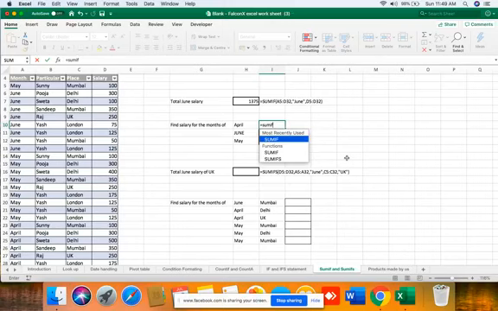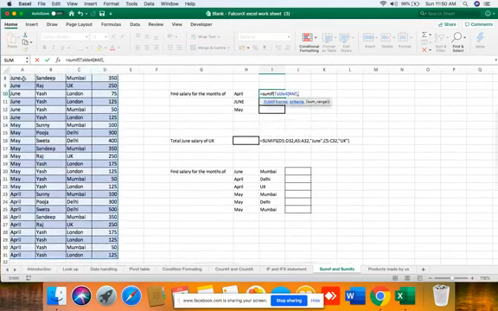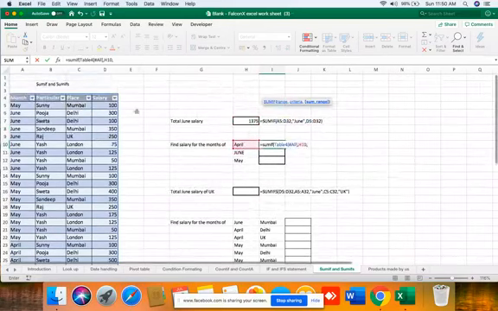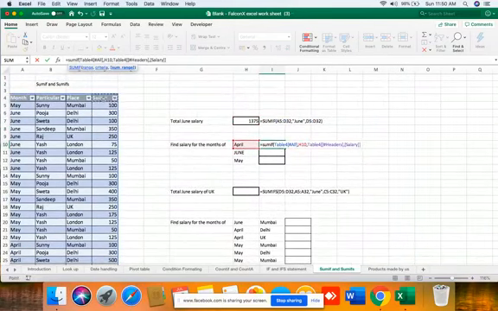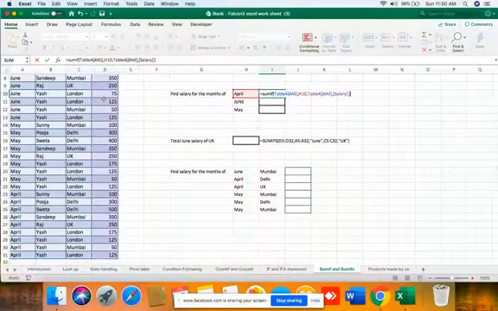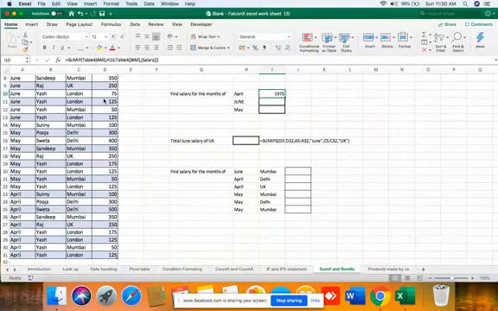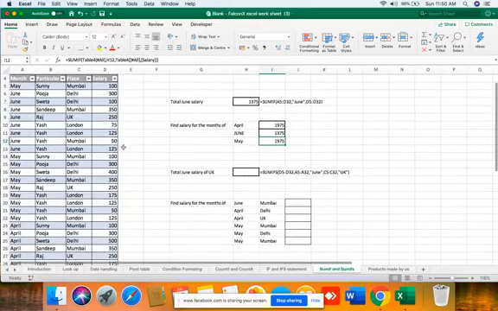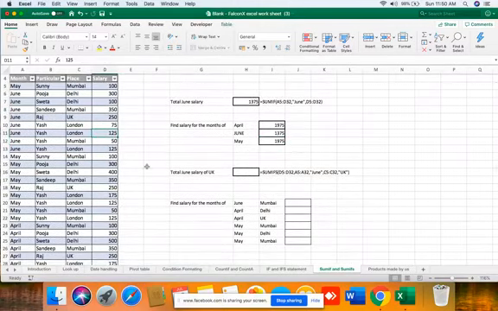SUMIF, range, criteria, this sum range, and then enter. And now if you are copy pasting the formula, you will get all the right answers. April and May salary is the same because your values are the same.